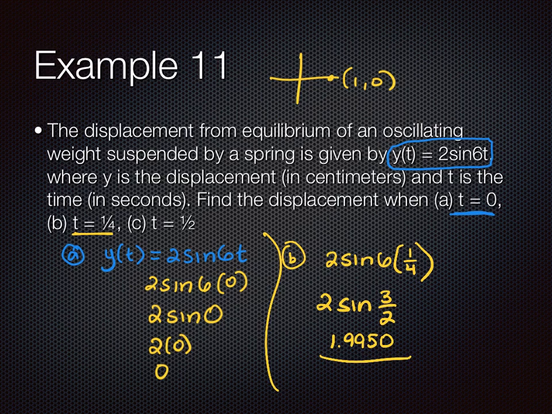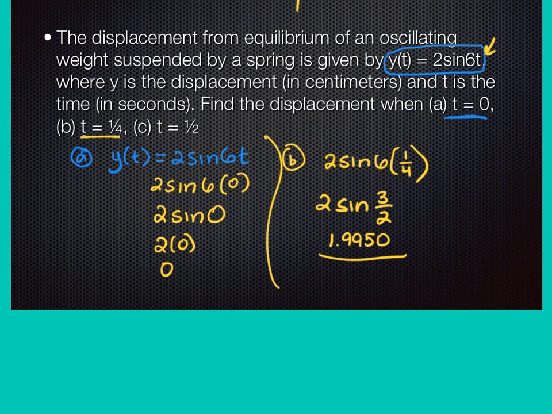So you could see this on both the calculator and the non-calculator part. Calculator part, it wouldn't have a pi like we just did. Non-calculator part, you would have a pi in the equation, so you'd be able to find the sine of that angle. All right, and then the last one says t is 1/2. So 2 sine of 6 times 1/2, 2 sine of 3. Again, that's not on your unit circle, so you're going to use the calculator. 2 sine of 3, and I get